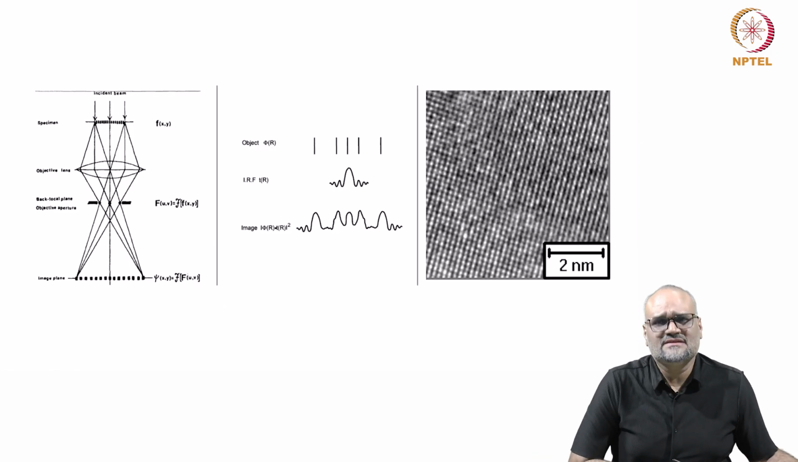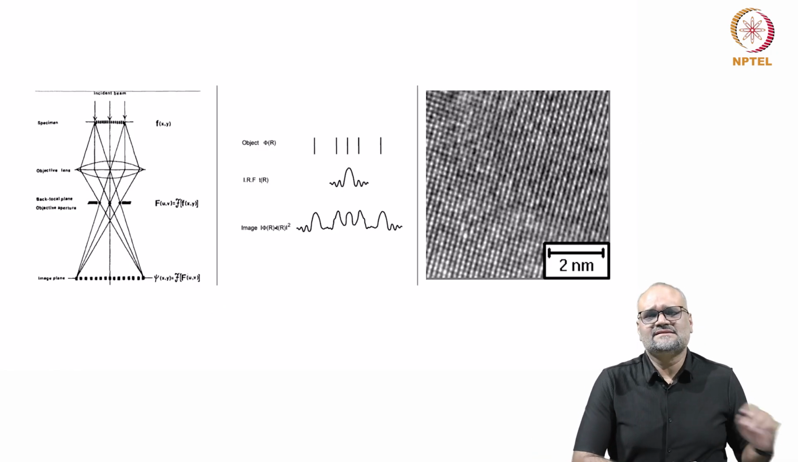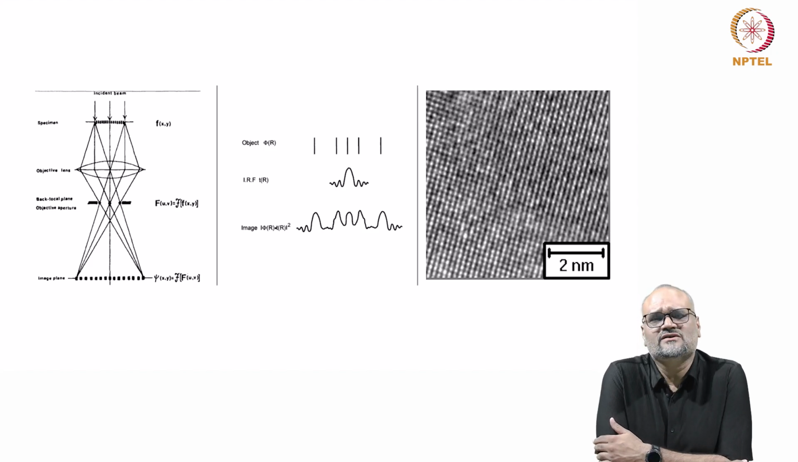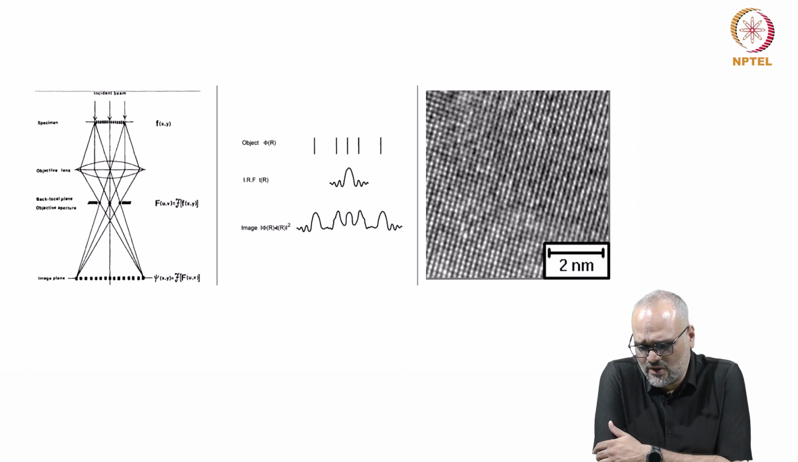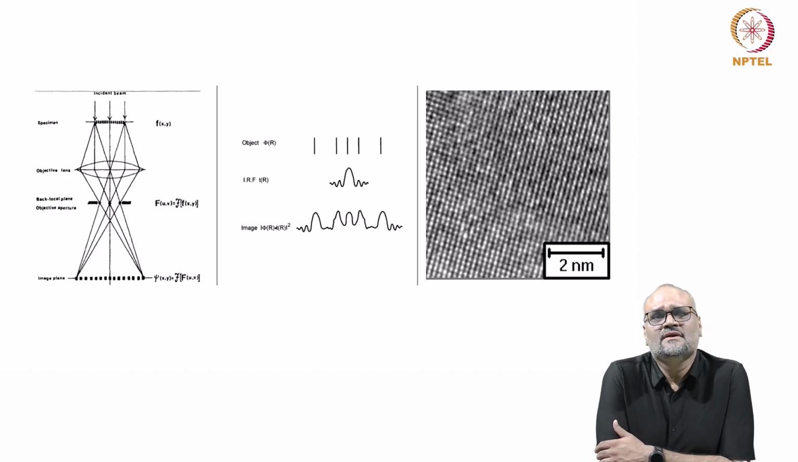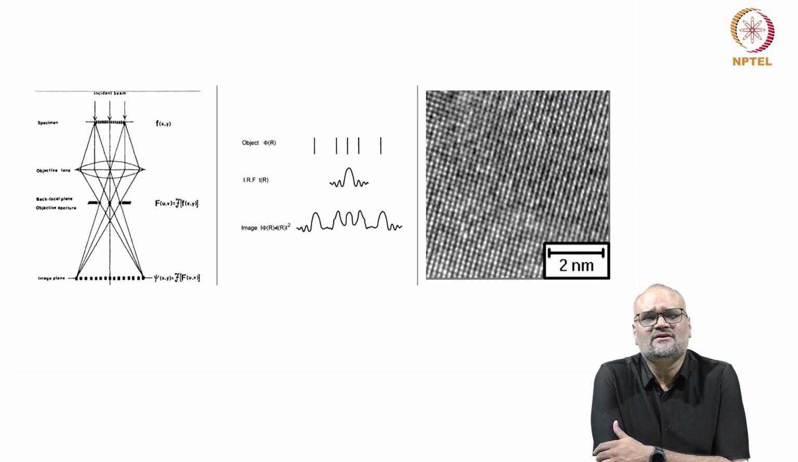The image onto your right is a high resolution electron micrograph from an aluminum sample oriented along the 001 zone axis, and what you see here, which appear like dots, are actually stacks of atomic columns. If you look at the image in the middle, you can consider the object as a function which is represented by phi of r here, and then there is something called the impulse